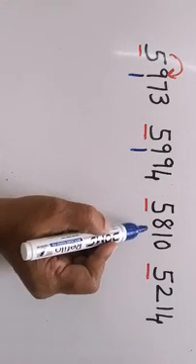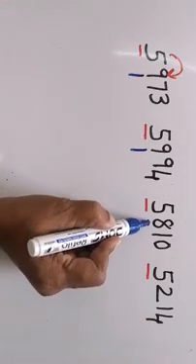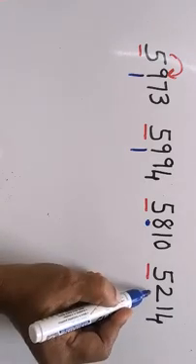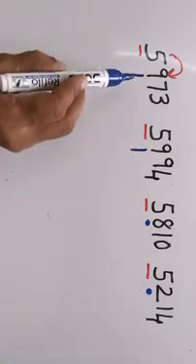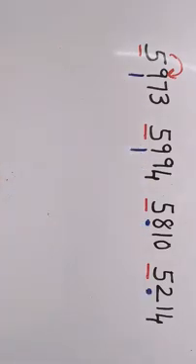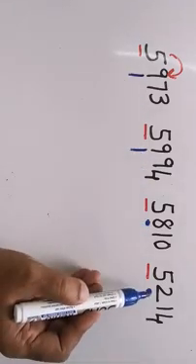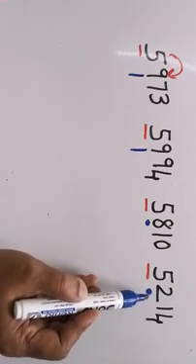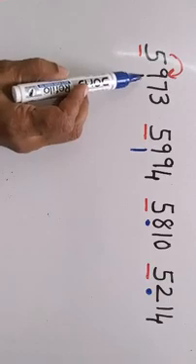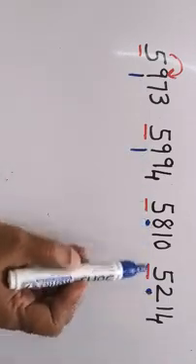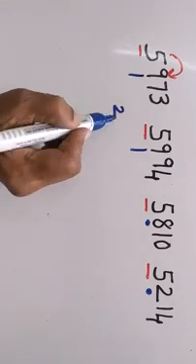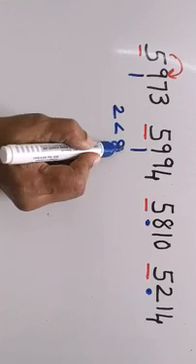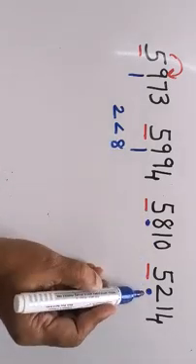Right? And here we are having 8, and here we are having 2. Now children, what I will do is, we will compare this hundreds place value 9, 9 and 8 and 2. Just by seeing it, we know that 2 is the smallest. Since 9 is higher than 8 and 2, let's focus on these 2 numbers, right? So 2 is lesser than 8, right? We are comparing the hundreds place.